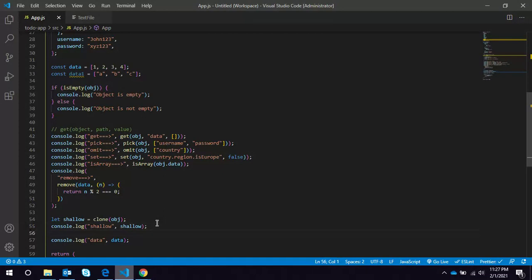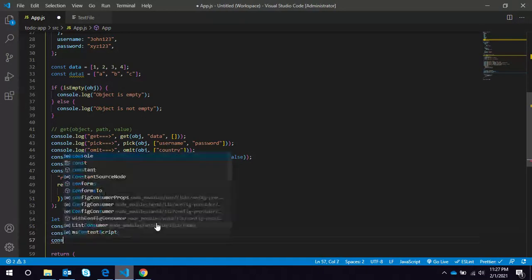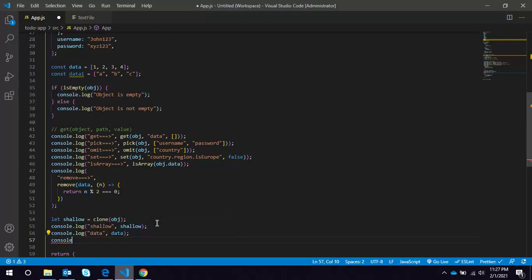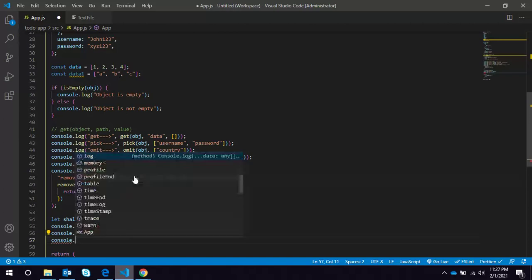Suppose you want to insert a dash between A and B and between B and C; you can use the join utility function.